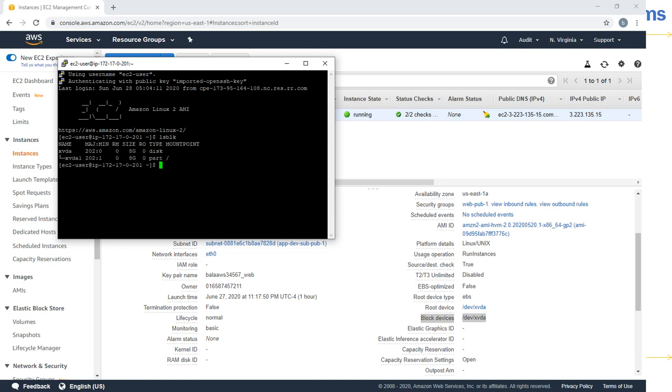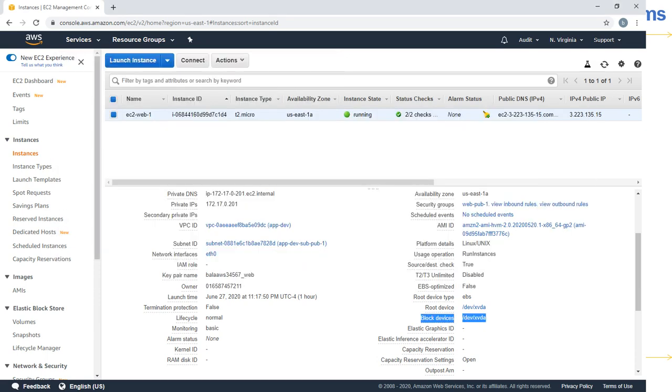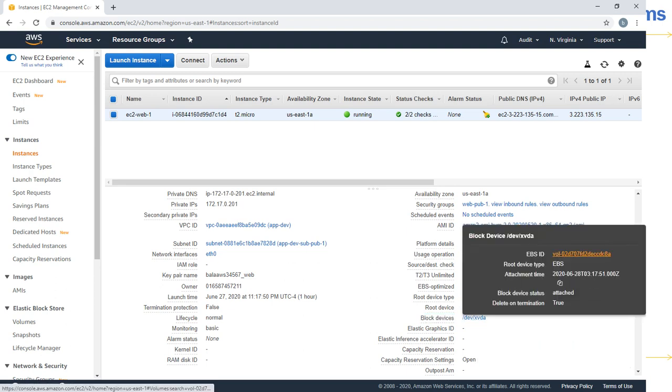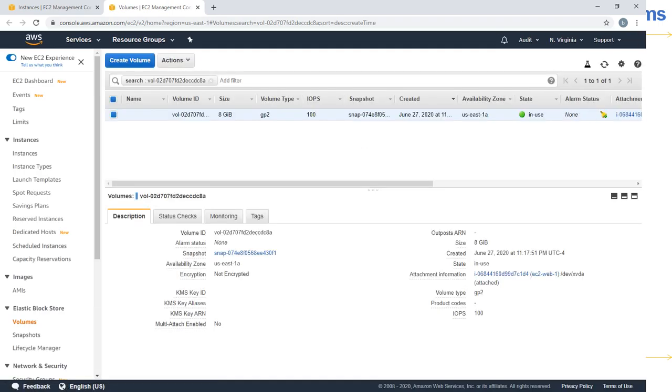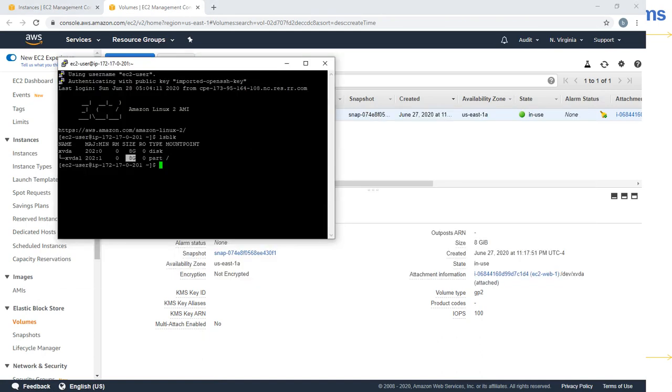You see xvda1 here, with 8 GB of space available. So this is the block device. If you go and look at this EBS volume, you see 8 gigabytes available for it. That is what you are seeing here.